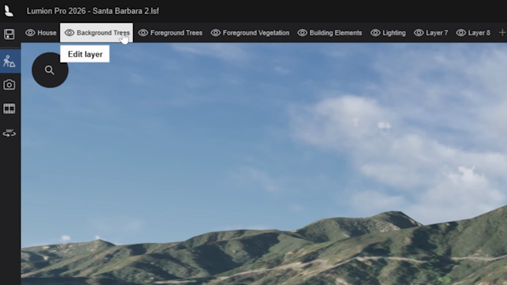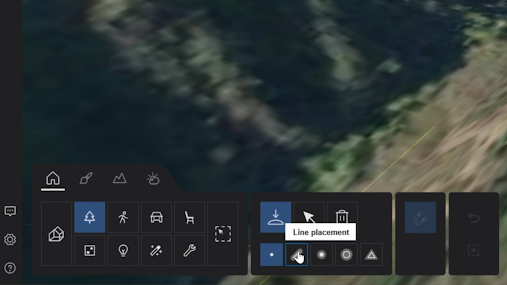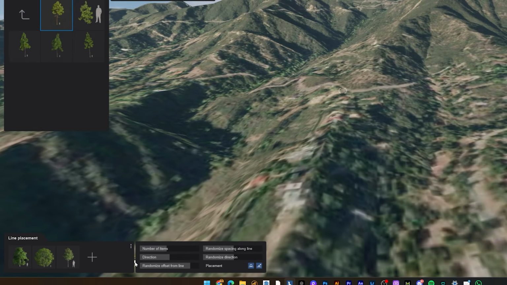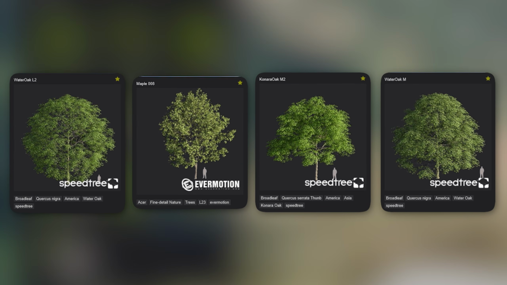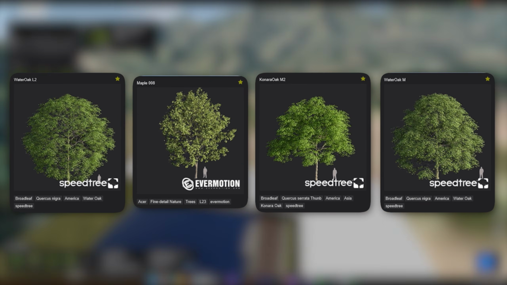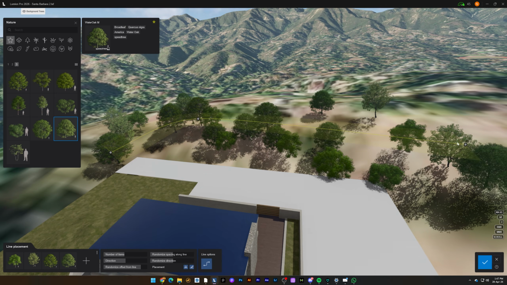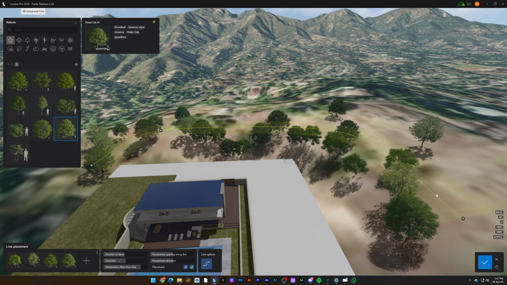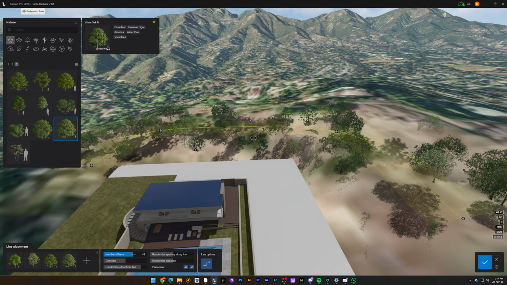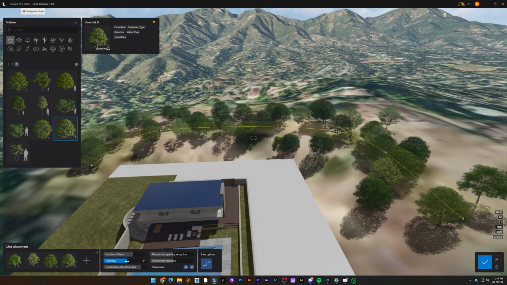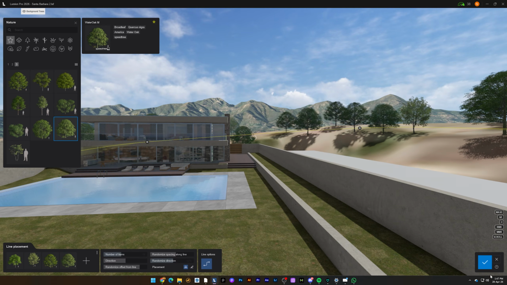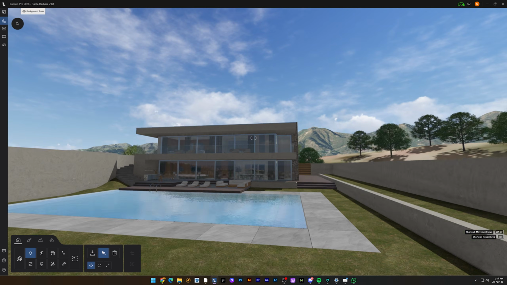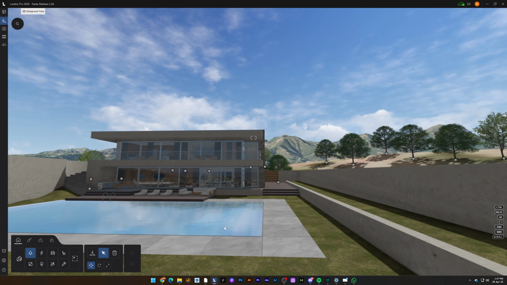I'll select the background trees, select line placement and choose a variety of trees. I like to use these ones. You can pause the video, write them down and add them to your favorites. Then I'll just draw a line or shape where I want them. Lumion scatters them with random rotation, scale and positioning. You can adjust the density, the spacing, how much randomization you want, and in seconds you have a forest that would have taken hours to place